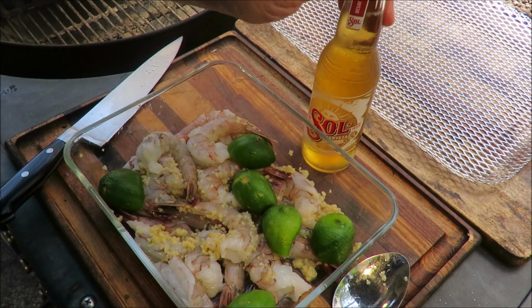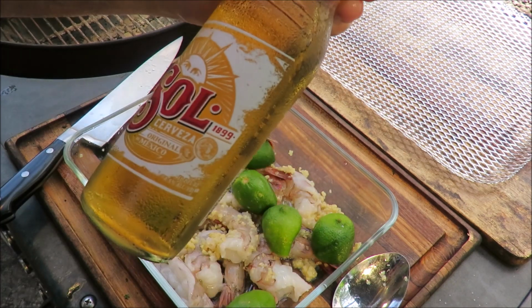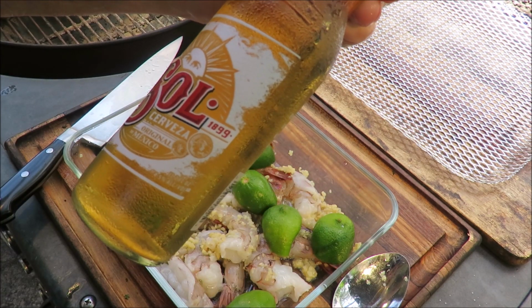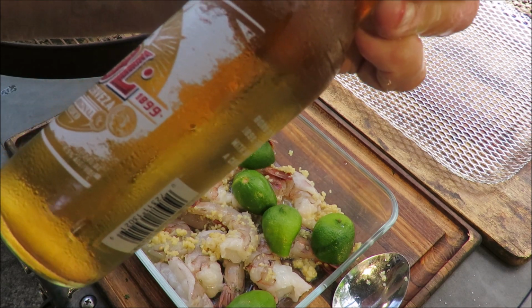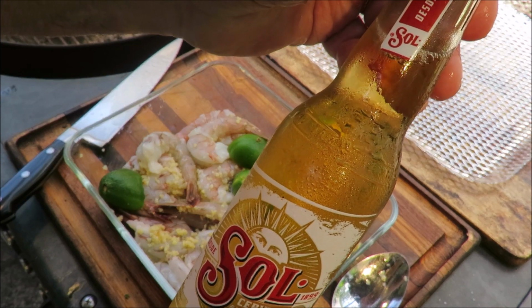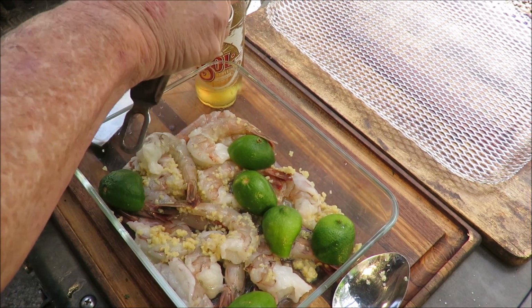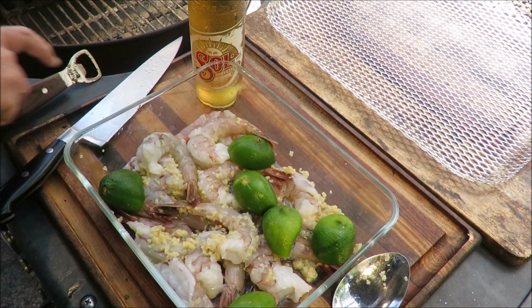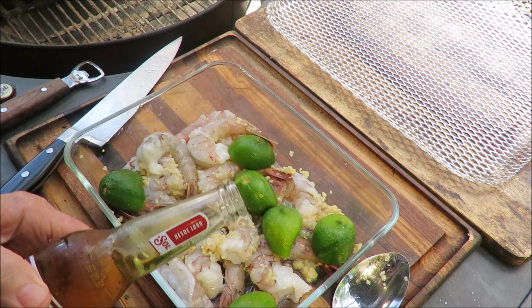And I've got a beer. This is Mexican beer. This is Sol. And this is Cerveza Original Mexico. I don't know if it's an ale. Yes, I think it is an ale or a lager, but anyway, it's Mexican beer. It's a lot like Corona. If you've ever had Corona, then it probably tastes just like Sol. And I'm going to pour that beer in there